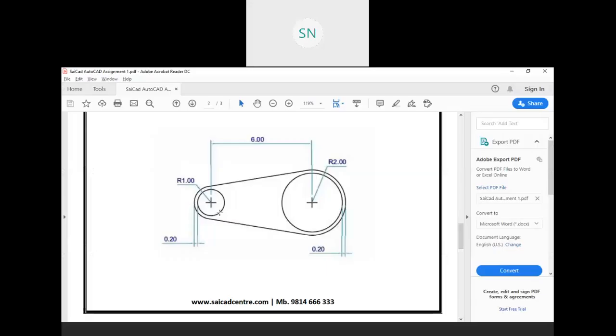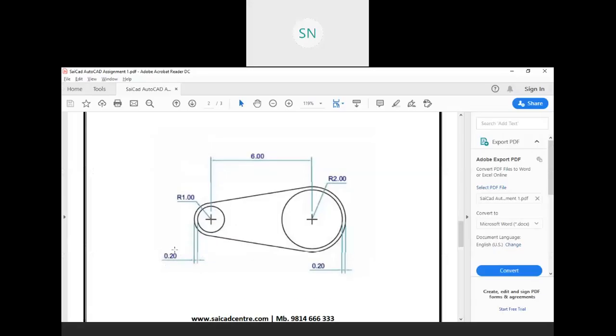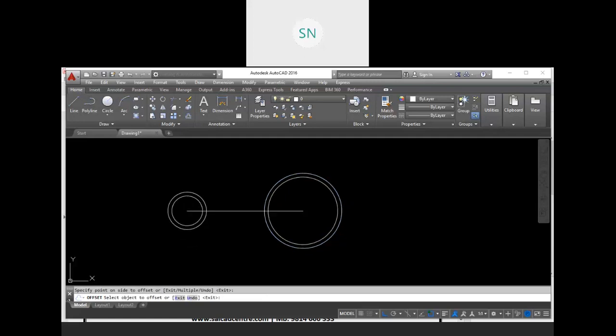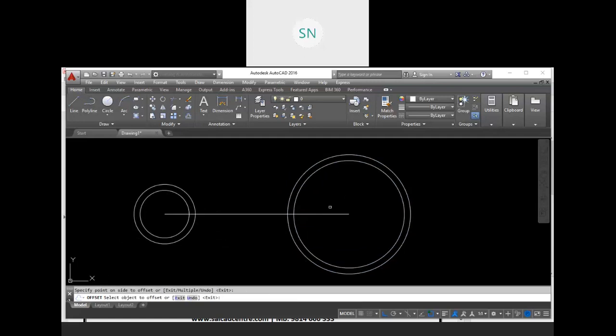Then we have an offset of 0.2 mm inside for both circles. So let's say offset, O, enter, value will be 0.2, enter, this circle inside and this circle also inside. Clear up to this point?